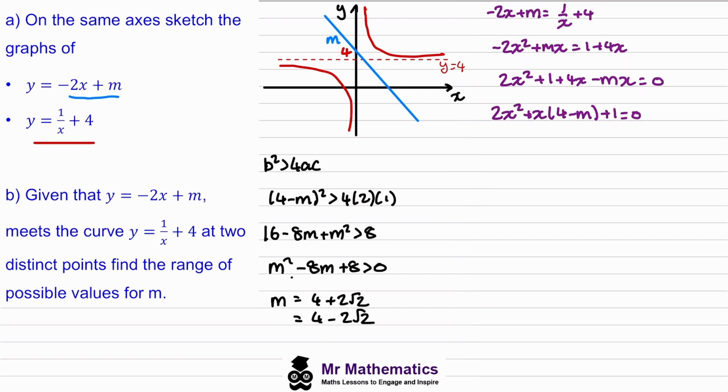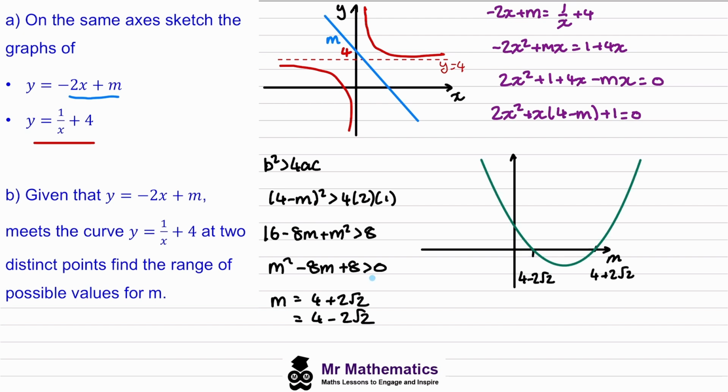So if I sketch this graph now, and then we're looking at other points which are greater than 0, so that'll be in this direction and in this direction. So m will be greater than 4 plus 2 root 2, and m will be less than 4 minus 2 root 2. Okay,